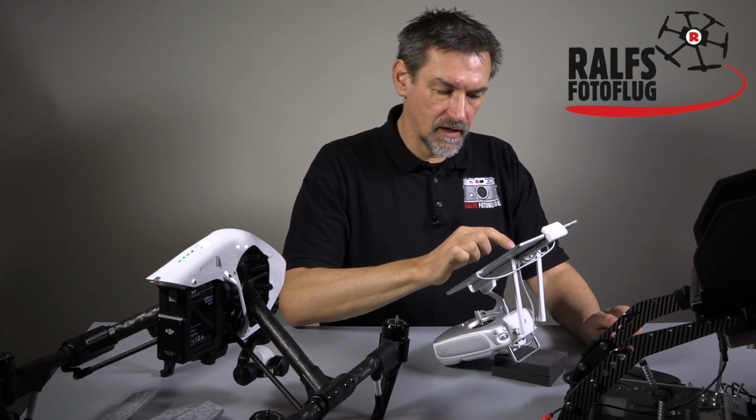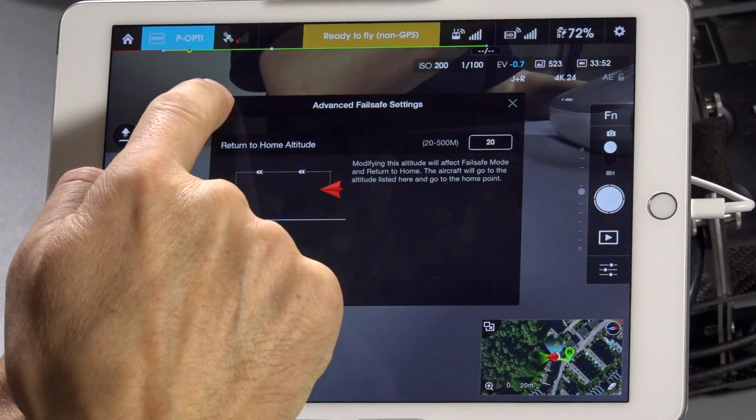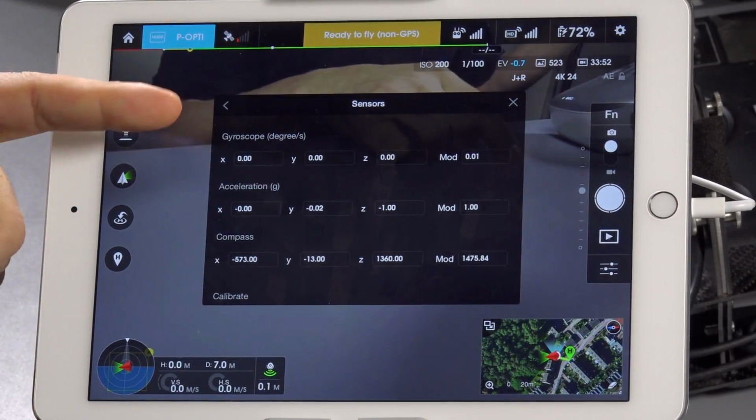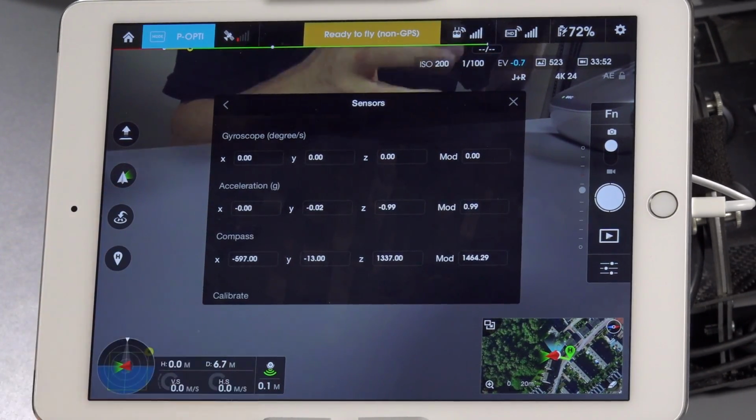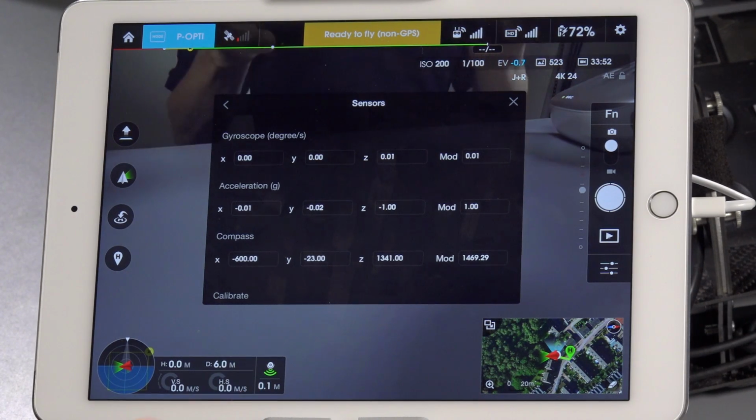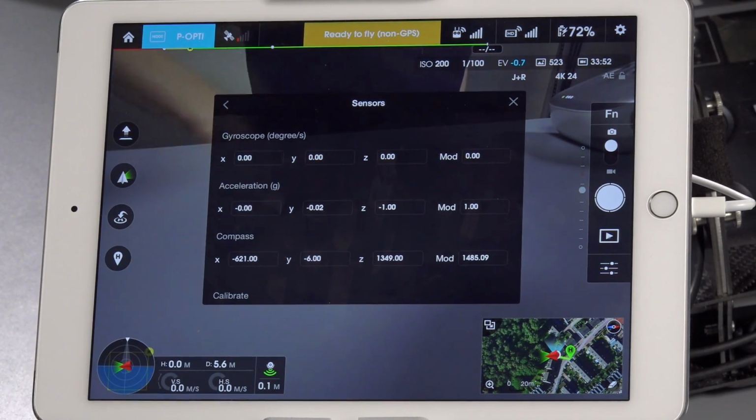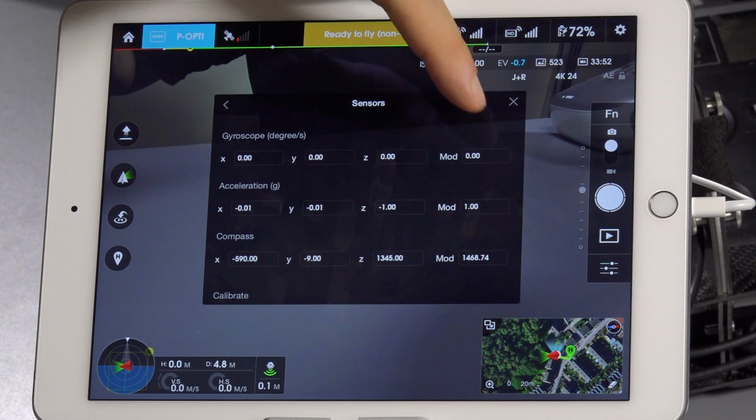We have been in the advanced failsafe settings, and then we have the sensors. We have the gyroscope, that's the one for the movement. We have the acceleration, so that's for the speed, the G value, and we have the compass setting. Looking here, from the table, you see the gyroscope has 0 values everywhere, and